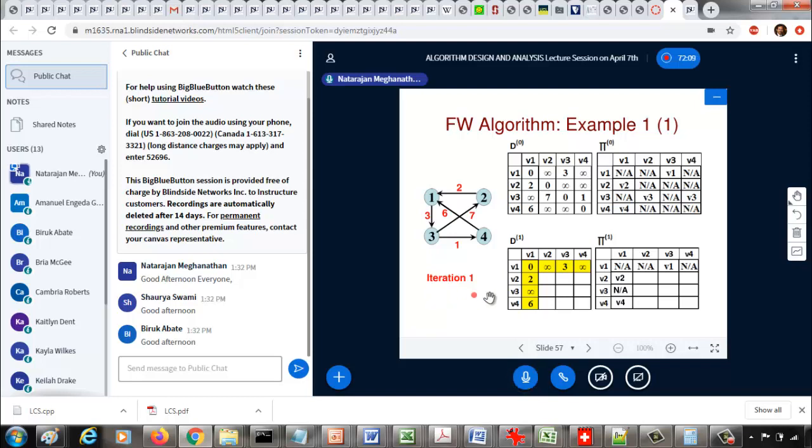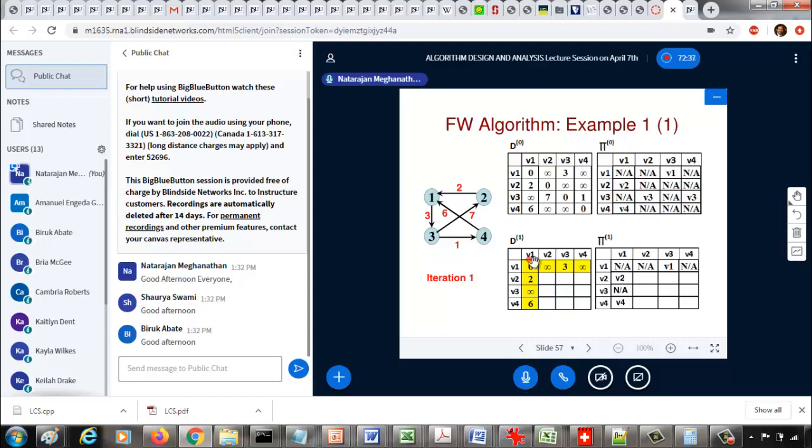So let us do the first iteration. When I say I am doing the first iteration, that means I am considering vertex 1. Again, remember, we are labeling the vertices 1, 2, 3, 4, V1, V2, V3, V4. The iteration numbers correspond to the vertex that we are considering as a possible intermediate vertex. So in iteration 1, I am considering V1 as a possible intermediate vertex for a shortest path between